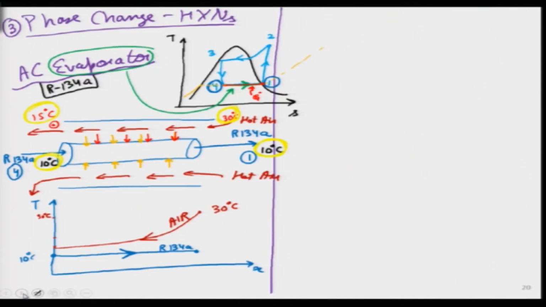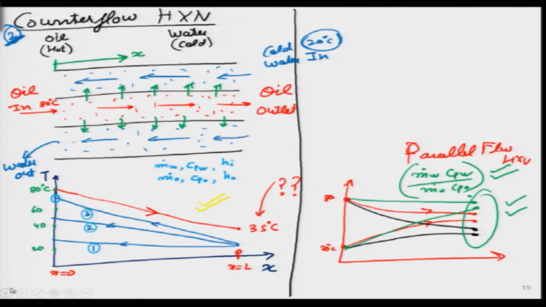Let us go to number 3. Here also delta T is very small here, medium here, large here. So, delta T is changing. And if I consider case 2 of the counter flow heat exchangers, then I can say that delta T here is maybe almost constant, but not necessarily.